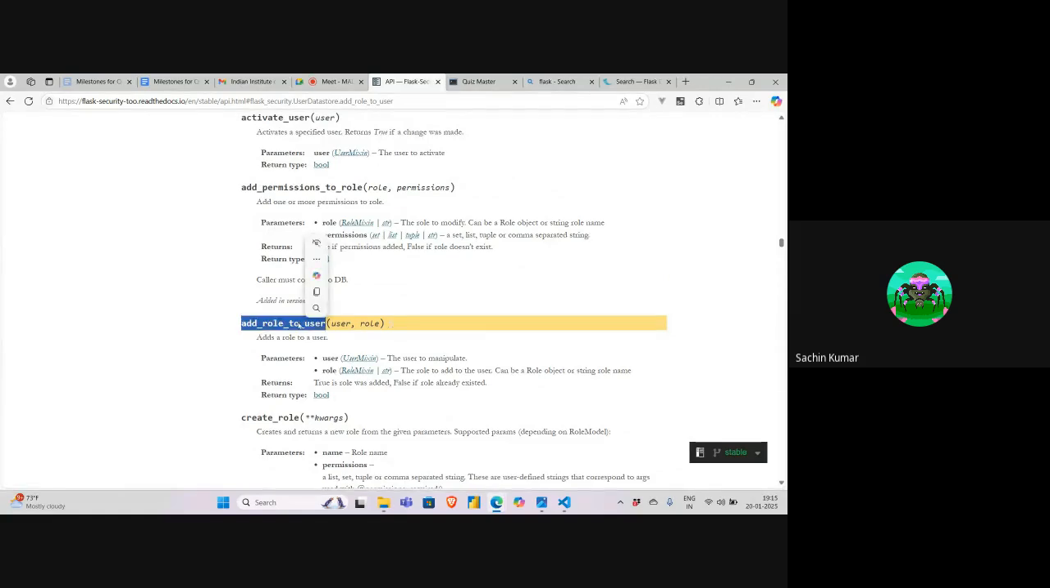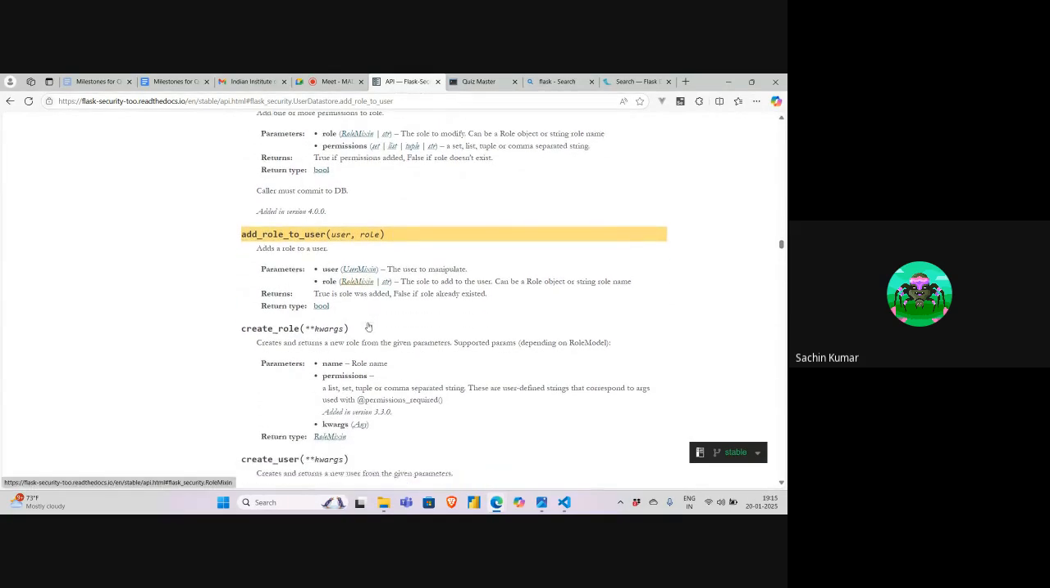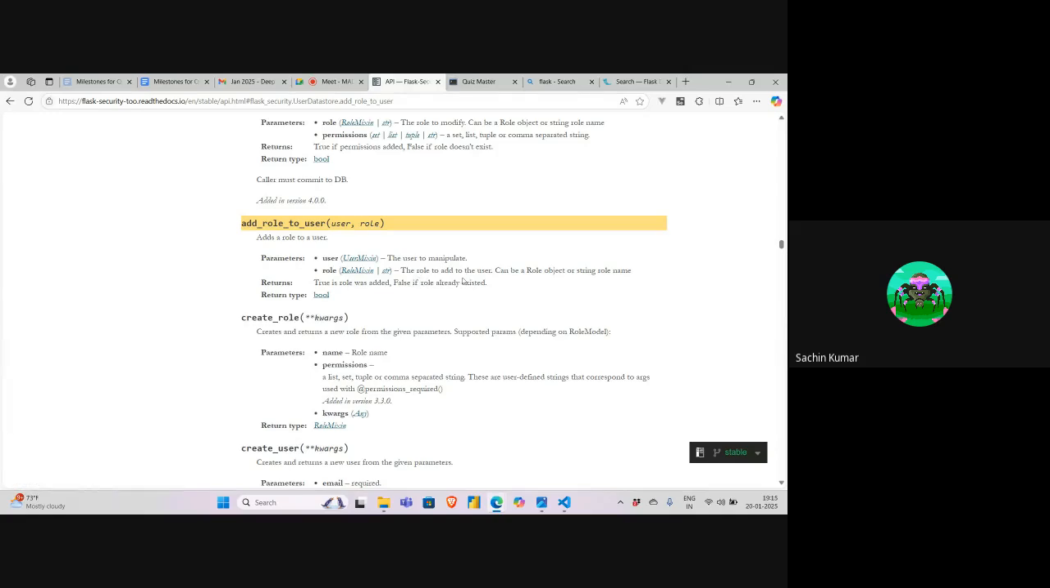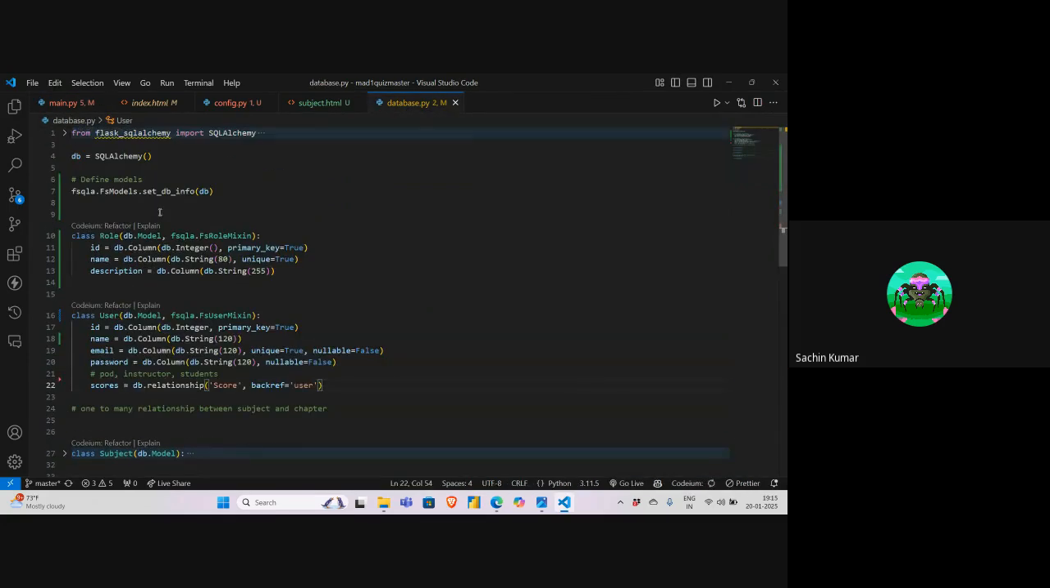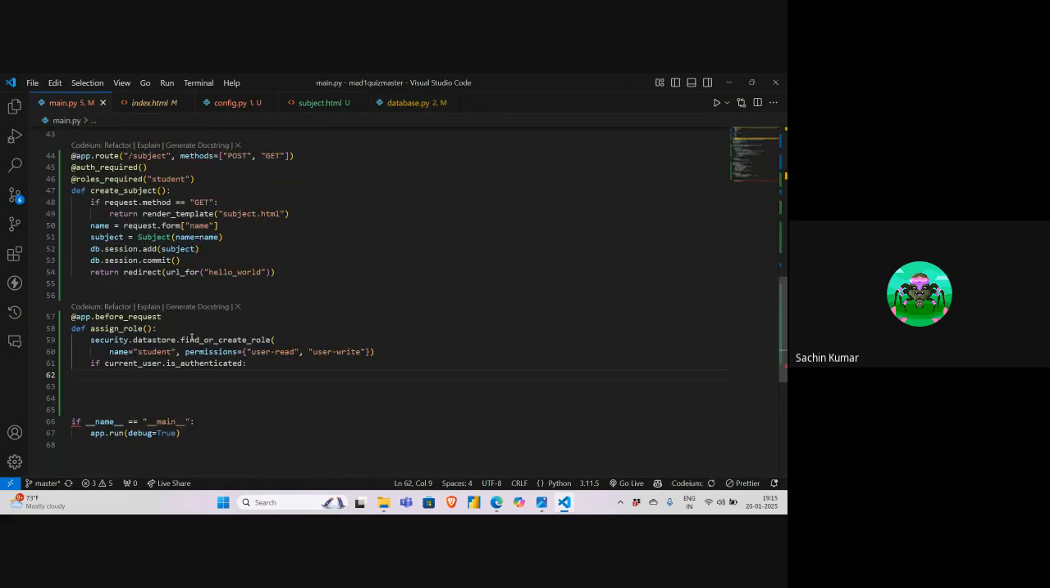So it's add role to the user. You pass the user, you pass the role. The role to add to the user can be a role object or a string role name. You can pass the name of the role, or you can create an object of this role table and pass it. In the before route, what I'm doing,